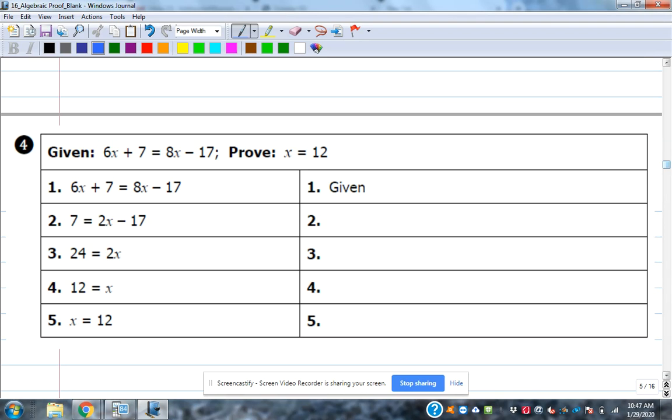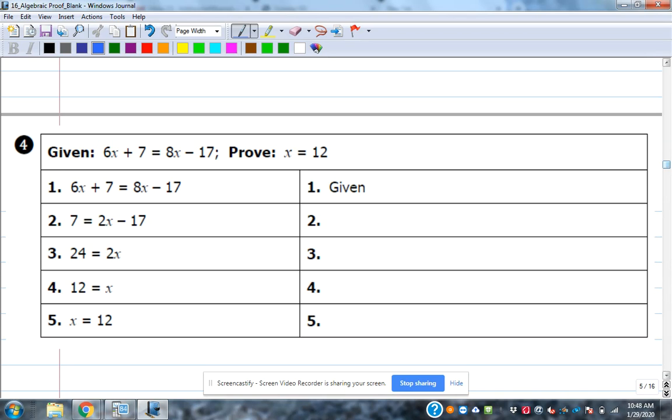Because that's reflexive. Reflexive has got to have exactly the same thing on both sides. So this would be a symmetric because you've got different things on each side and you turned it around. Okay, so would you have even things for number 4 and 5 because you put the symmetric for 4, would you? Now for 4, the idea is how did you get from 3 to 4, and then how did you get from 4 to 5. So 5 should be symmetric, 4 would be division, 3 would be addition properties, and then 2 should be